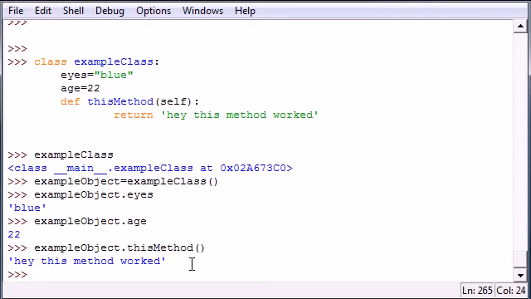In the next couple tutorials, I'm going to be going in depth and clearing all these things up for you. But for now, I just wanted to give you guys a quick tour overview of what object-oriented programming looks like in Python. So hopefully you stayed with me a little bit. Hopefully you understand this, and in the next couple tutorials, like I said,